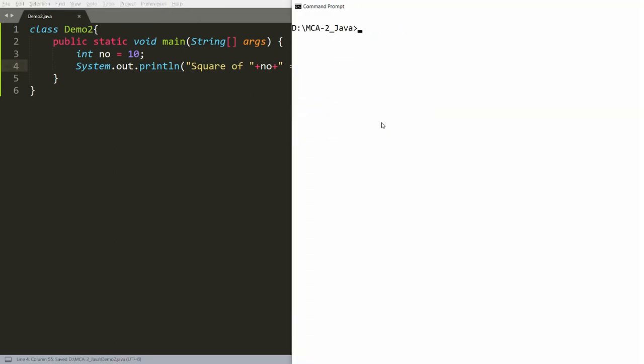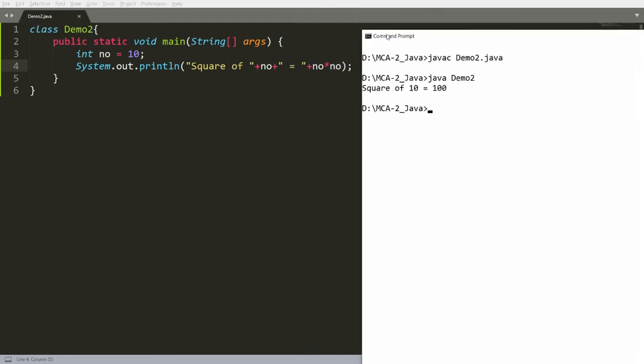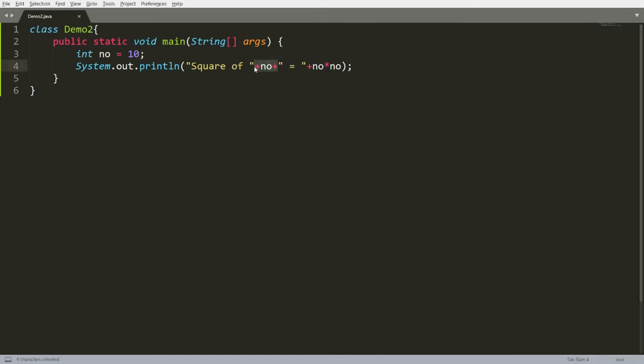Whenever you run this, for example javac demo2.java, it will print that the square of 10 is equal to 100. Very simple: square of the number is equal to number multiplied by number. So in short, your message will be concatenated; you can concatenate the string and your arithmetic operation.